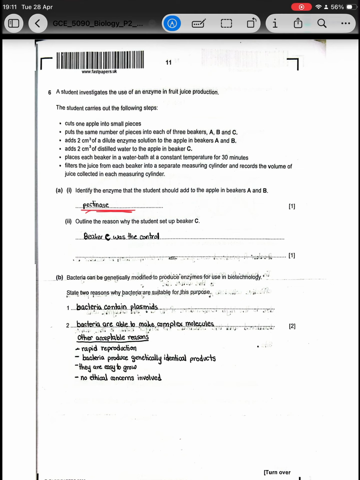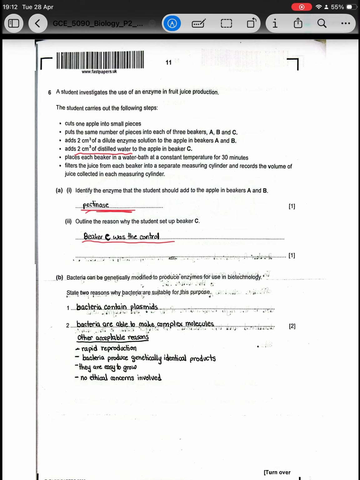So this is the answer because pectinase is a group of enzymes that break down pectin, which is a polysaccharide that is found in plant cell wall. Outline the reason why the student set up beaker C. So beaker C had 2 centimeter cube of distilled water, and naturally beaker C was placed as a control because